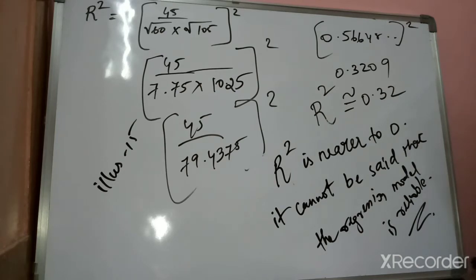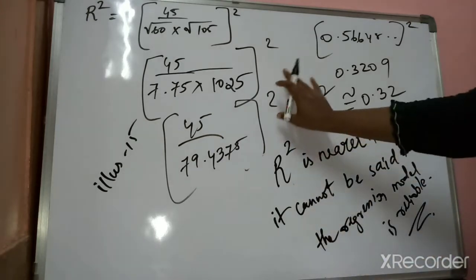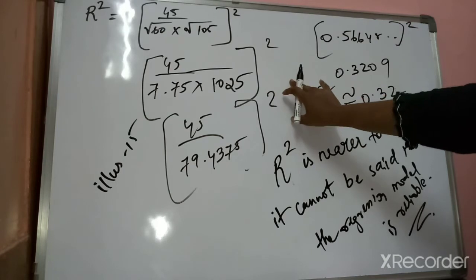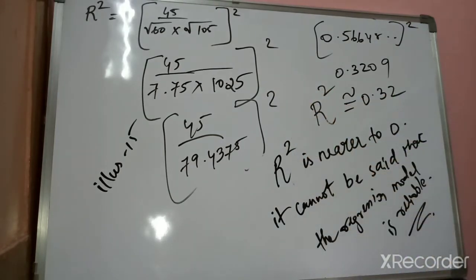And the second question says, if the regression line of y on x is y cap equals 11.5 plus 0.65x and y bar is equal to 18, find x bar. So let me clear this out, so it would be more clear to you to do the sums like the other one.